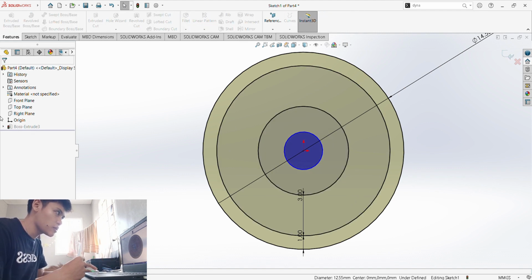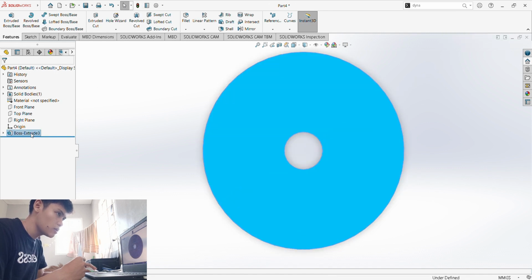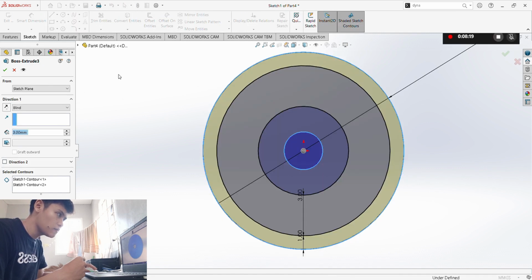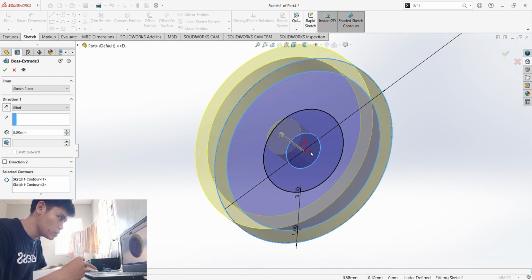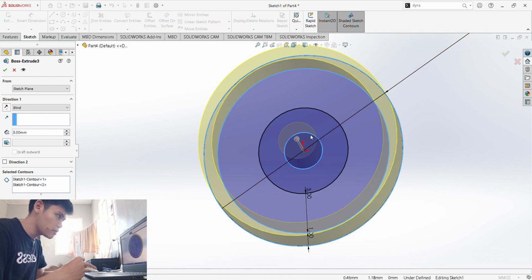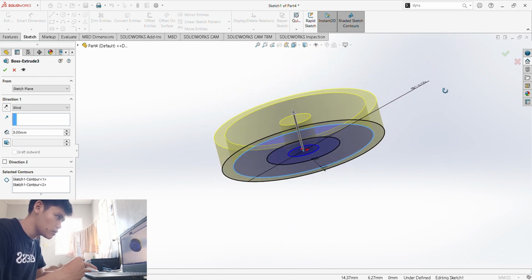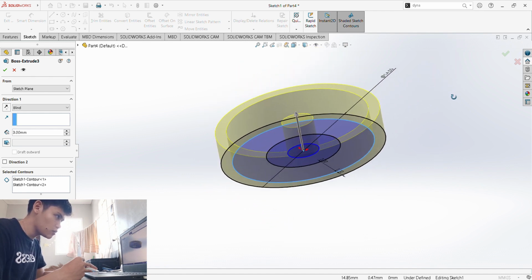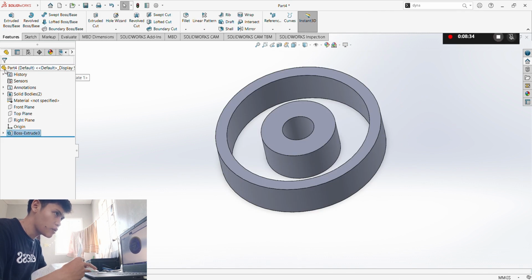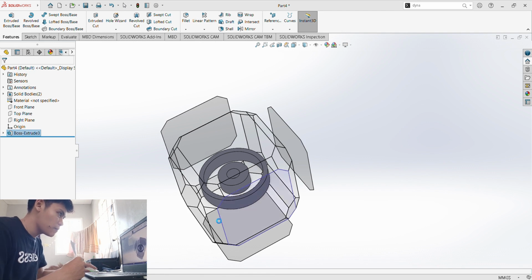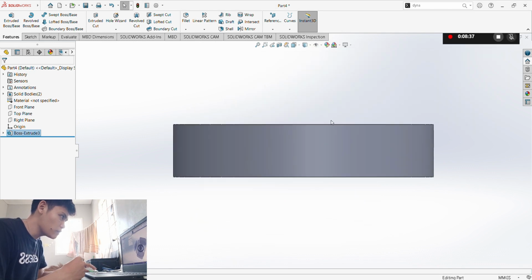Let's go to the features again. And then let's rebuild and edit this feature so that we could exclude this part. And okay, so this is what it would be looking like. There you go. Then now we go to the front plane.